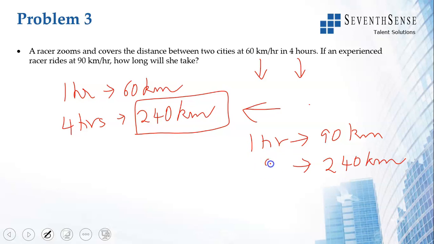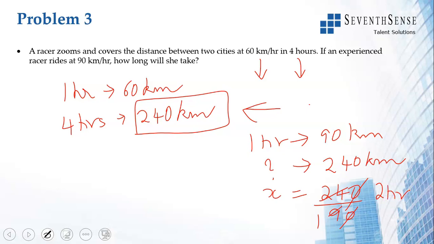So x is equal to 240 by 90. If you divide this, 9 ones are 9, 9 twos are 18, and then the remainder is 6. So you do 6 by 9, you get 2